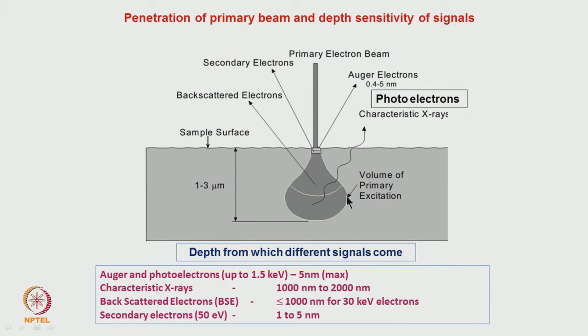Okay. And because of that, even if the primary beam is a very focused, very fine beam, the X-rays are coming out from a region which is very large, and this decides what is going to be the resolution of the detection, and the volume from which the composition is determined is essentially from this. So, the spatial resolution for composition detection is rather very poor.